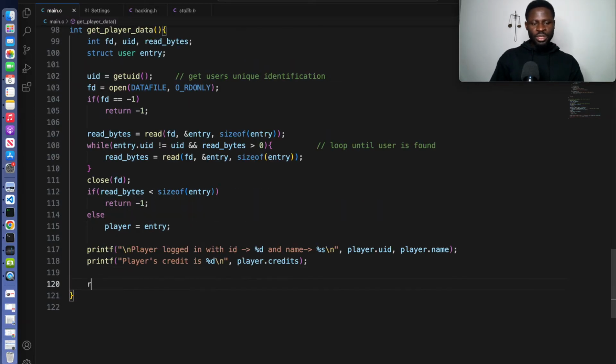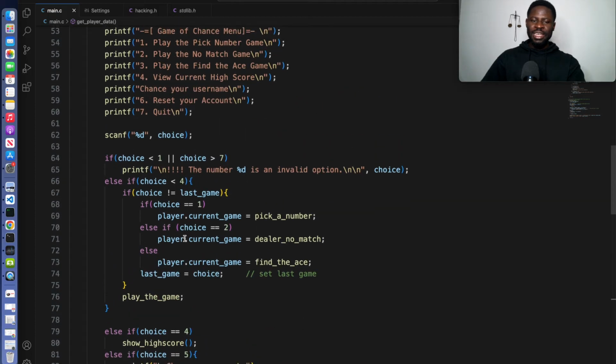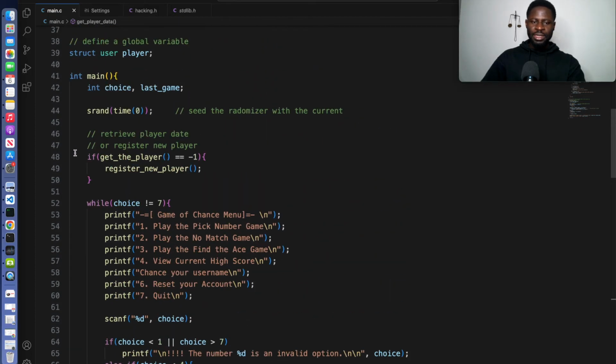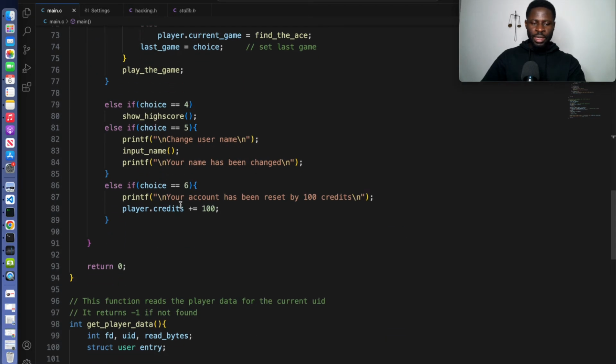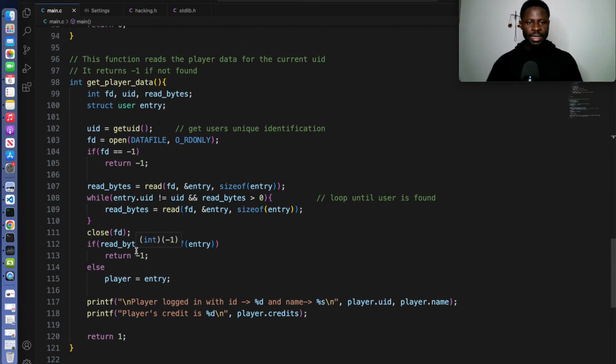Then we can return 1 or 0, because according to our program, it's only when we return -1 that it sees that it wasn't successful. Now if you look at this, okay, if it's called -1, then it will register a new player. So we can return 1, which means it's successful. Yeah, we are done with the get player data function, and the next function that we are going to create